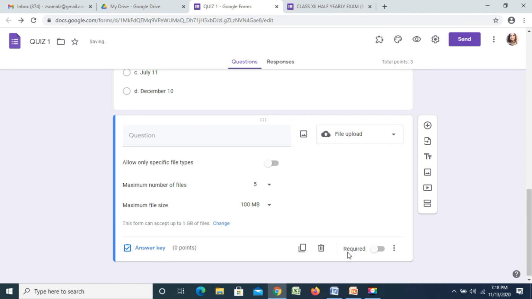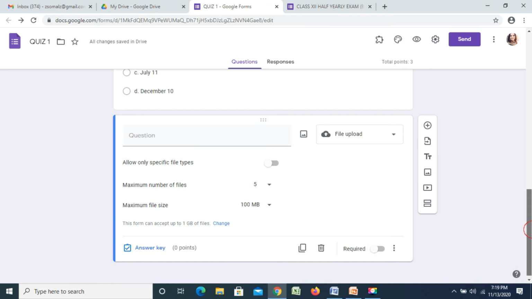Now it's better not to give the required option here because sometimes due to network issues students are not able to upload the file within the stipulated exam time, so they have another choice of sending this answer to your WhatsApp group. So if you are giving any question in which the student has to upload a file, don't make it a required field, otherwise they will not be able to submit the responses.